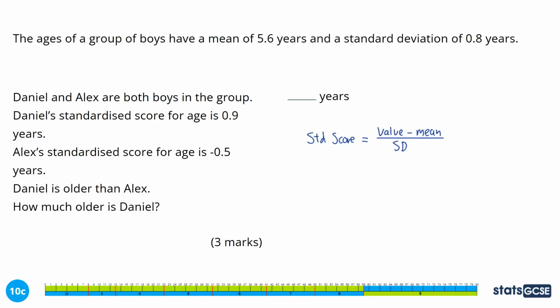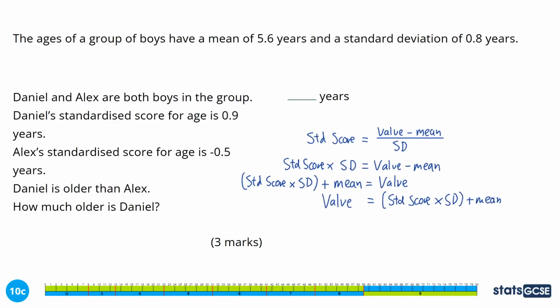To find the standardised score, we take the value, take away the mean, and divide it by the standard deviation. But in this question, we're given the standardised score, and we need to work out what the value is. So let's rearrange this formula. Let's start by multiplying both sides by the standard deviation, and then adding the mean to both sides. So to find values, all we need to do is multiply the standardised score by the standard deviation